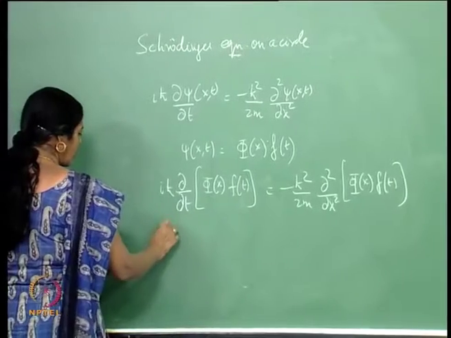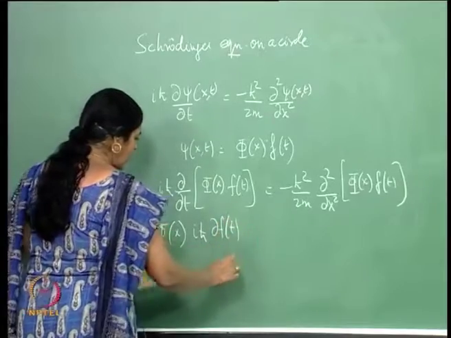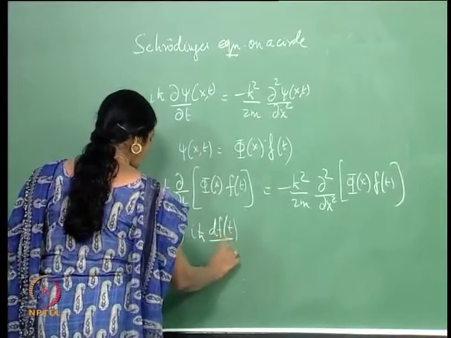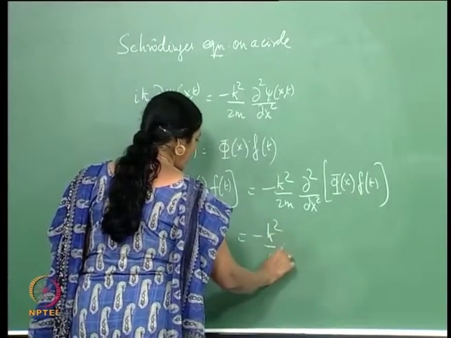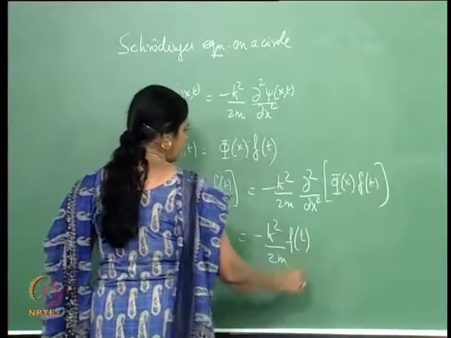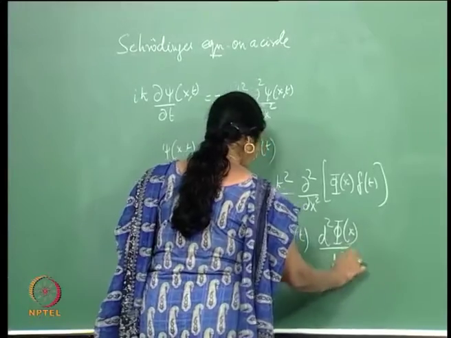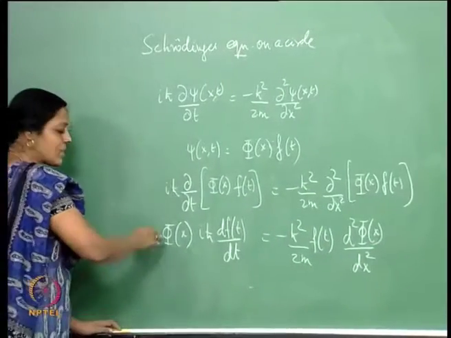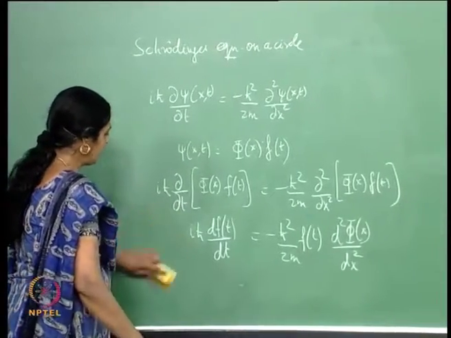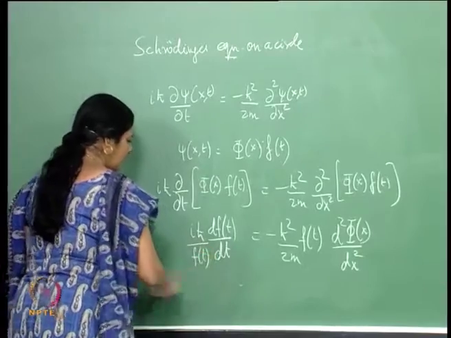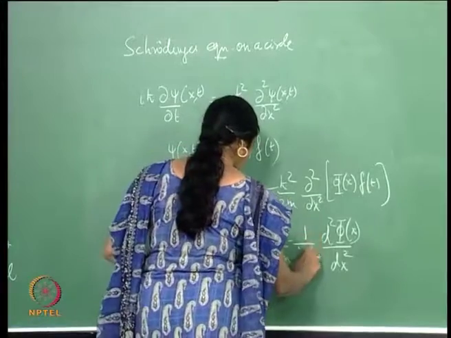So, this just pulled out a phi of x, and I had an iħ delta f of t. Now, it is df of t, because partial derivatives have become total derivatives here, is minus ħ squared by 2m f of t d2 phi of x by dx squared. Then of course, the standard trick, done it many times, divide by phi of x f of t,